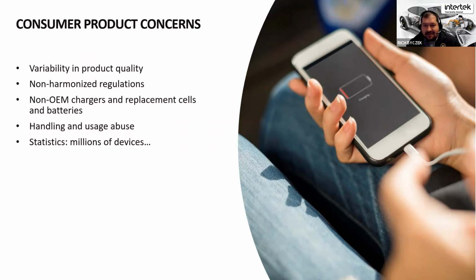Handling and abuse, I show the example of the cell phone here. I think we all do this. We've dropped these phones on concrete, we've dropped them in puddles, and then we go ahead and put them under our pillow at night to sleep, because it's also our alarm clock and our entertainment during the evening, or our music player, etc., while it's plugged in and charging. So there's a lot of concern here that if a cell went into runaway, it's going to exceed the case of that. It's going to set things on fire. It's going to find nearby combustibles. It's going to find nearby people that can be injured or worse. So with millions of devices out there, we know we're going to see some level of thermal runaway occur in the field.